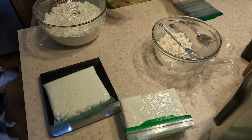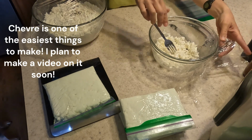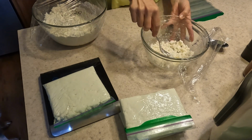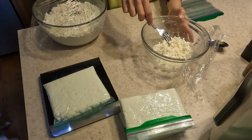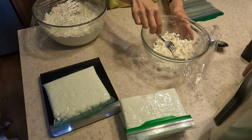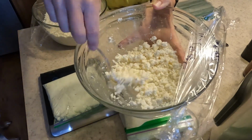So I used a bunch of our raw goat milk to make Chevre the other day, and this was, let's see, about 1.5 to 1 3/4 of a gallon. I let this one set longer before I hung it up to strain, and then I strained it longer so that it's a little bit thicker. I could use this as crumbles on a salad or anything, kind of similar to a feta. It's got a little bit more of a tangy flavor to it,